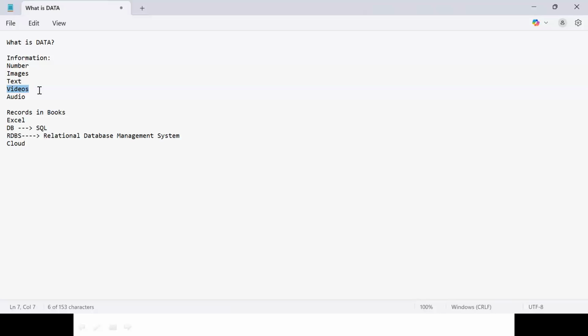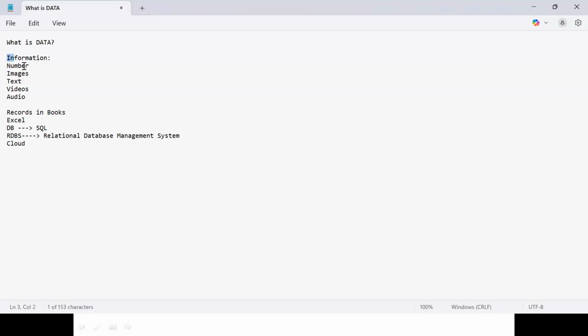Audio. How is audio data? If you take a radio, for example, there will be audio only, correct? But it is giving a lot of updates. It is giving us traffic. It is giving information about products, ads, yes. And it is giving some good songs and all, some information. So everything, that's how we call it. Audio is also data.